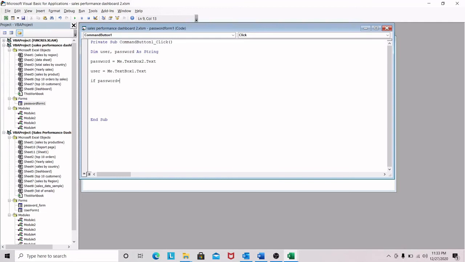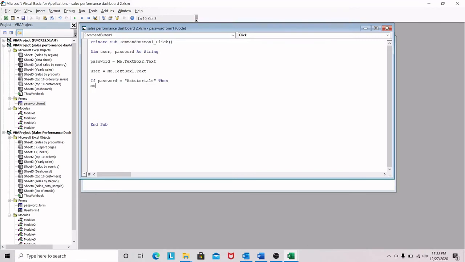So let's write: if our password is equal to rx tutorials, we close the bracket, then